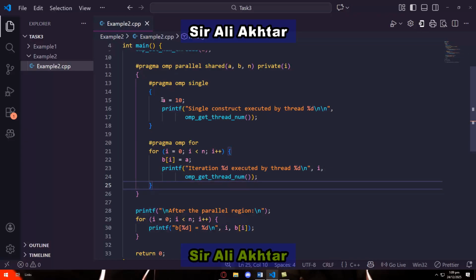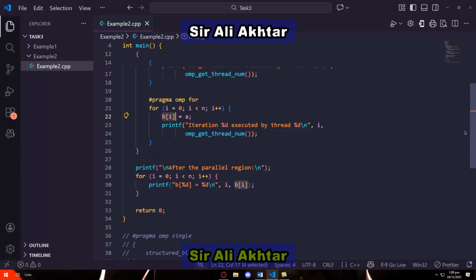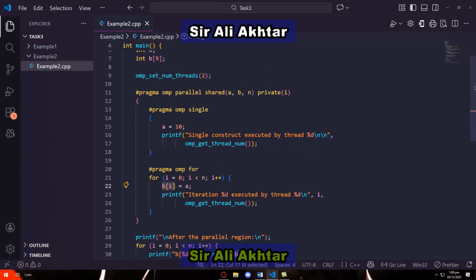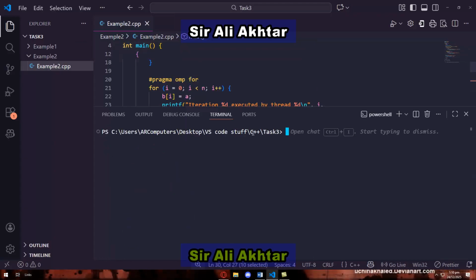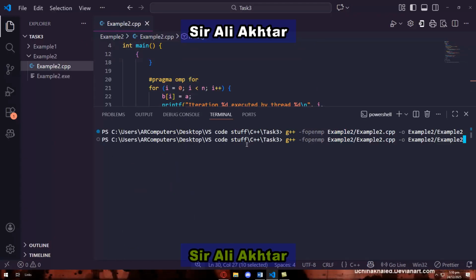This code is basically initializing a equal to 10 first and places the value of a, which is essentially 10, in every element of b. So every element of b must be 10. And after that, when all the loops have run and the total parallel block has run, our code will print what every value of b holds. Now if you compile it and then run it,